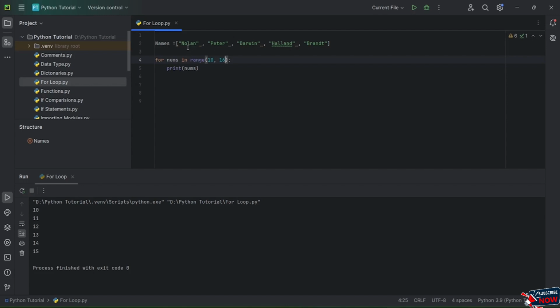Okay, we have already learned about index numbers. If you want to work with the index number, how will you be able to do so? In that case, you need to come here, and for nums, I will just change the name of the variable. I will name this one name. Okay, and inside the range parenthesis,